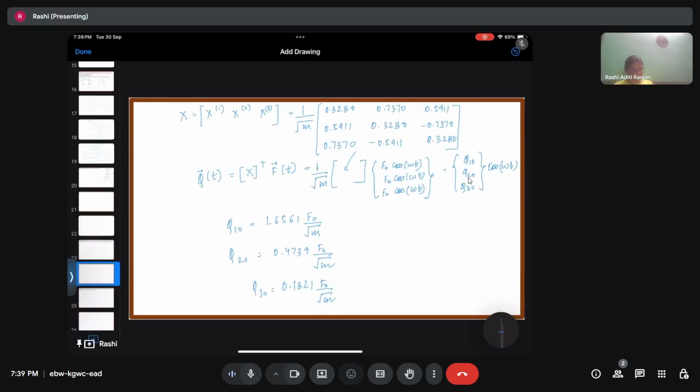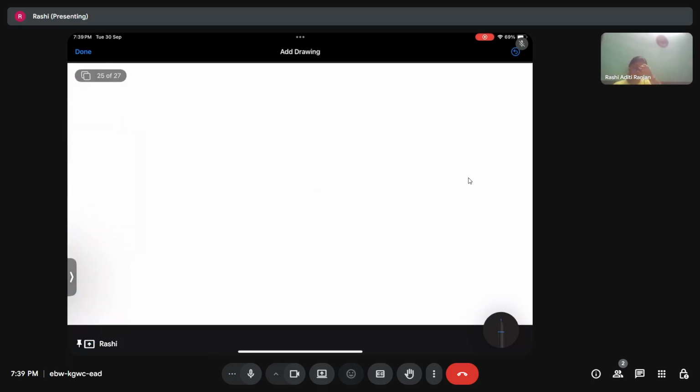Now for the damped case, firstly the decoupled equation is written in the form like this: q i double dot of t plus 2 eta i omega i q i dot of t plus omega i square q i of t is equal to Q i of t. Now, if you look over here closely, this is similar to the one we were doing for the undamped case, right? While for the undamped case, the second term, the q dot term, was not present. But over here we have the q dot term, and mainly the thing that should be kept in mind over here is that the